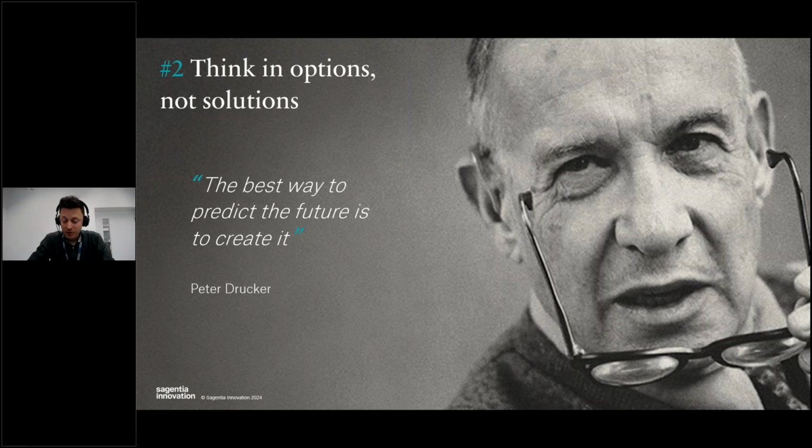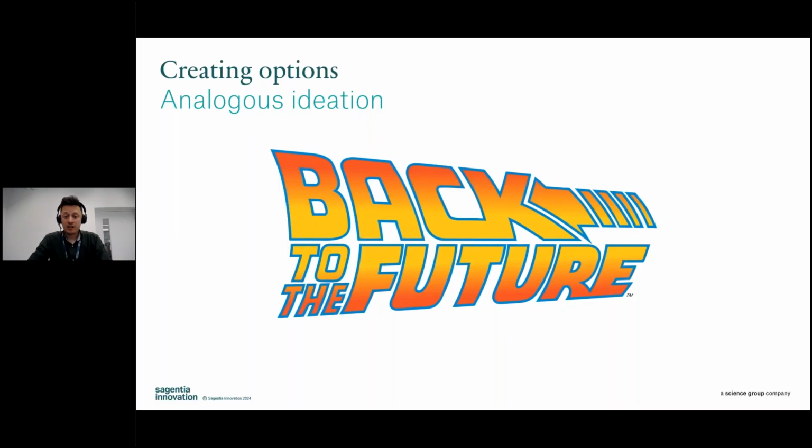Peter Drucker's the sort of godfather of management consulting, always says the best way to predict the future is to create it, and you create it by making options. So SIT was one way to make options, but another way is analogous ideation. And I particularly like analogous ideation because it's using available information that's already got sources of richness in terms of market and consumer acceptance. It's this idea of looking to different categories, looking backwards to perhaps apply them to your own category.